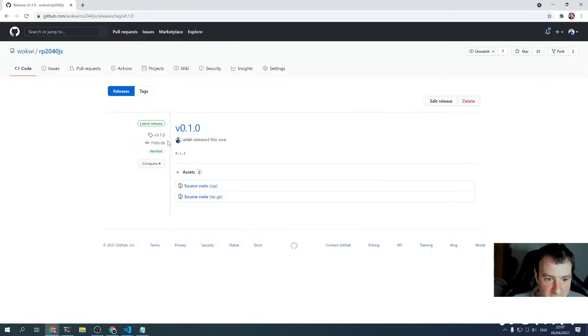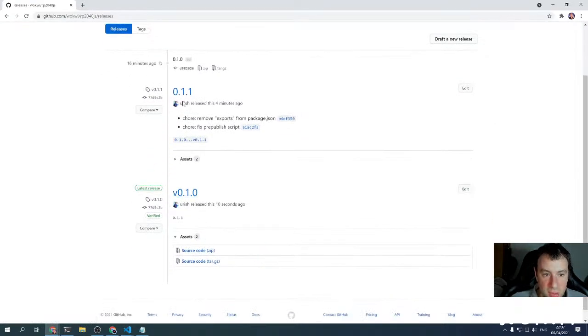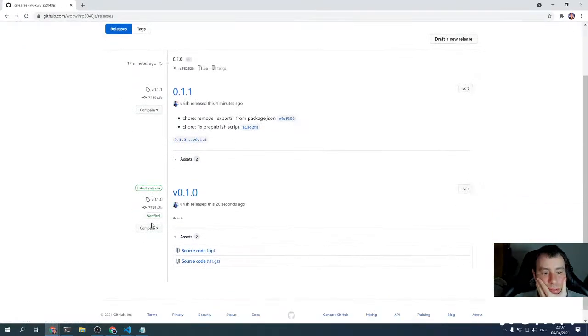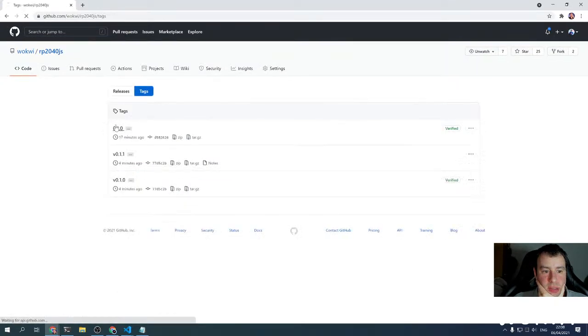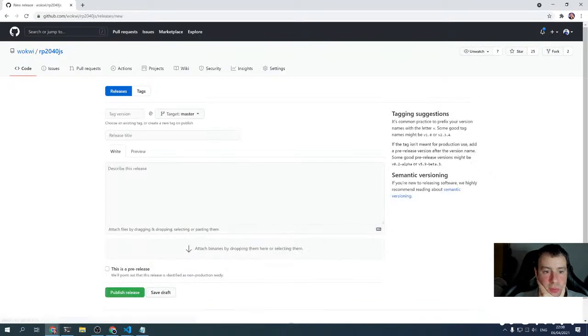Yeah, I find GitHub confusing. No, it did it again. It just created a new tag. I only wanted to change the existing tag, not create a new one. Okay, let's remove this. How do I delete this release? That is not really a release. Delete. Okay, so let's make a new release from the old tag,